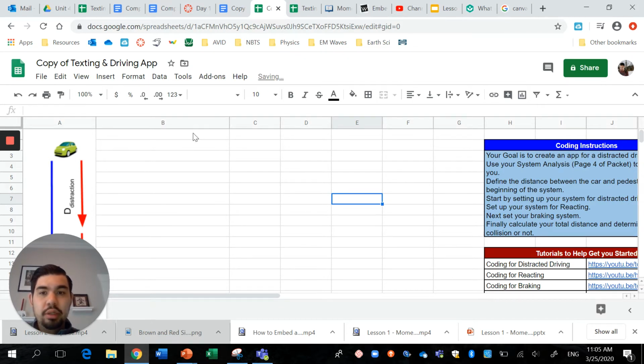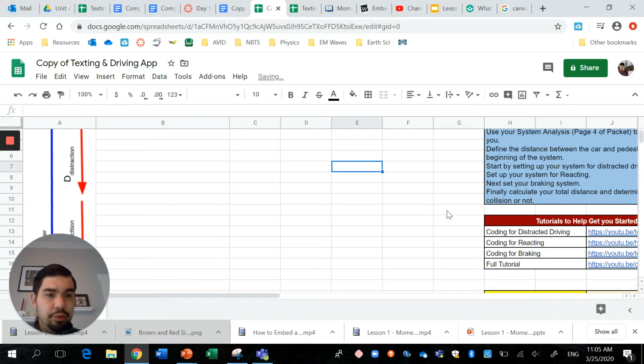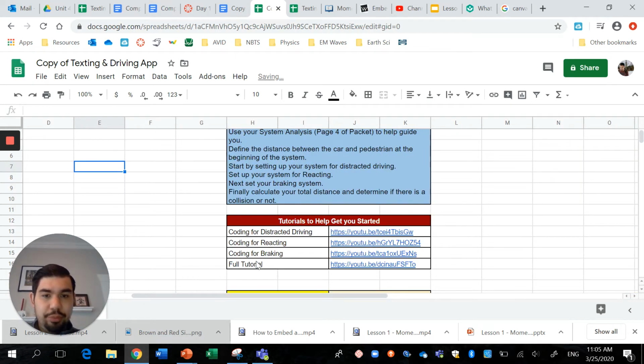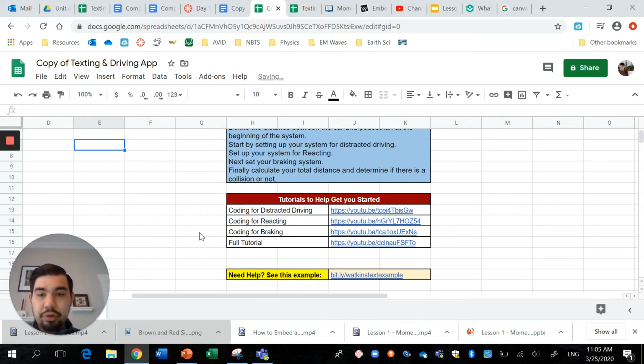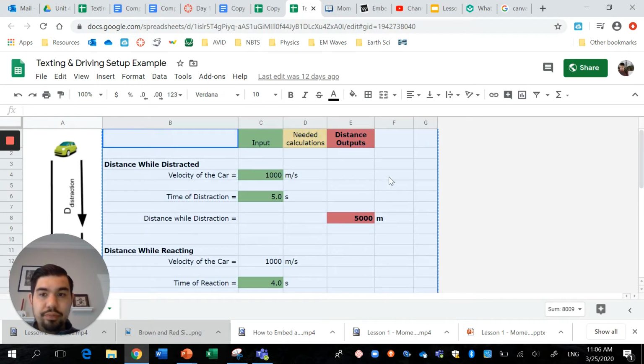I think the advanced version is a blank slate. For regular physical science, there'll be something here already. In either case, you have some tutorial videos over here on the side to help you get started. There are tutorials for each individual step. There's also a little example here for what it should look like after you set it all up. For those of you who are really struggling, when you open up the example, you'll see